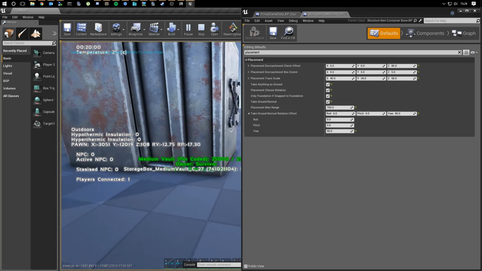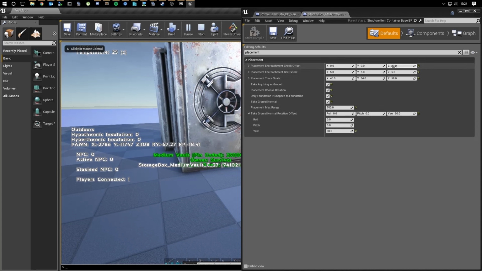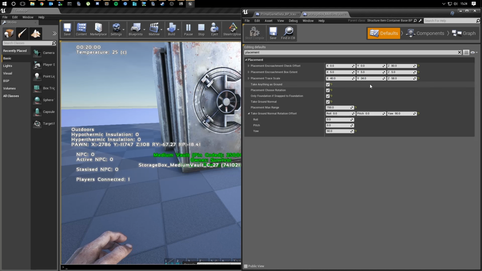Well, okay. Interesting. So, X is way off, Y is way off, yada yada yada. I'm not going to go through all this right now. I've already kind of shown you guys how to build out your placement, encroachments, all that good stuff. Pretty much shown you how to do every little aspect here, how to duplicate, how to finish setting up Primal